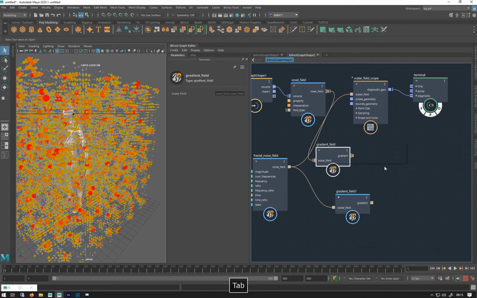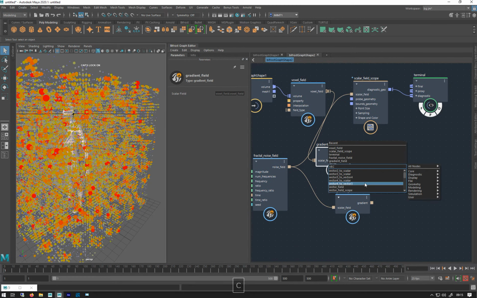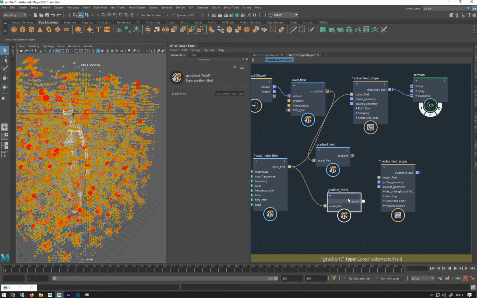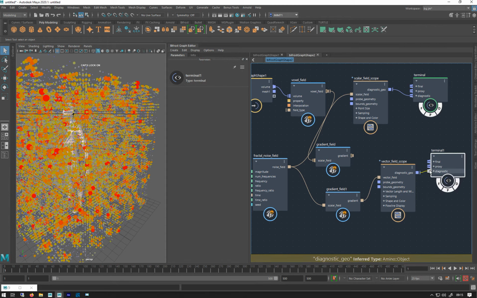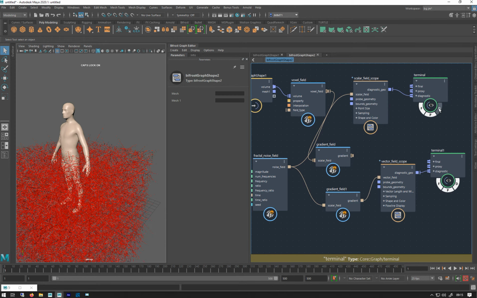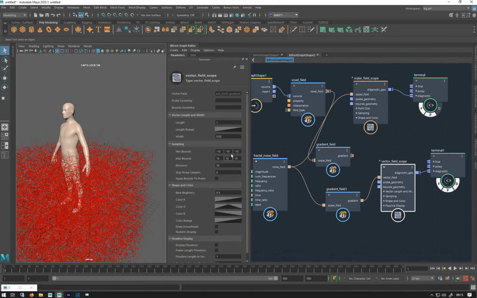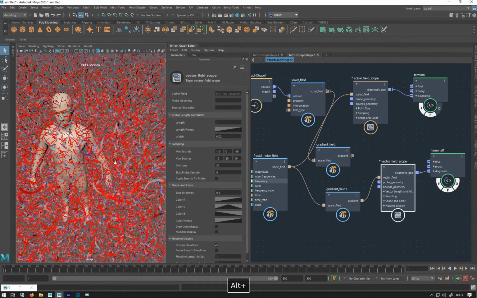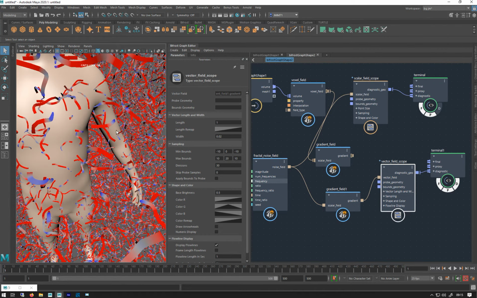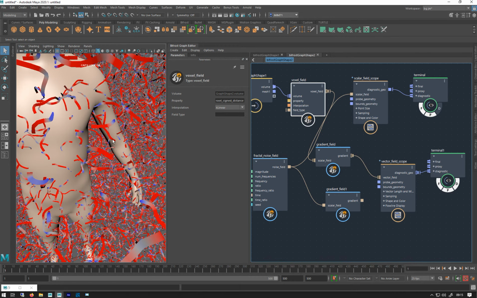So now if I make a vector scope, the field scope, plug that in. Let's make a new one of these. We'll plug that one into there. Let's turn that one off. Let's just move him up as well. And turn on flow lines, because this just gives you directions, whereas you want to see the flow over time. So this has now converted that into vectors, so you see all those little lines of directions and movement. And the same with this one. So this one you can now see,